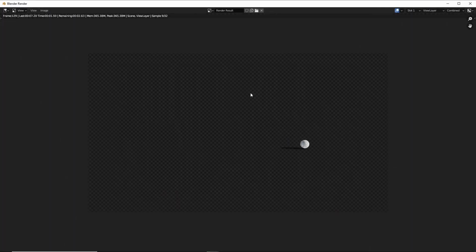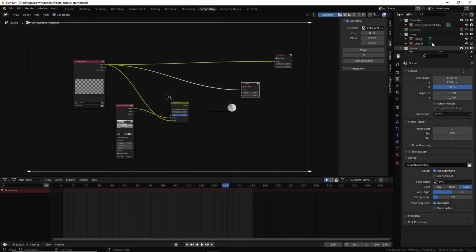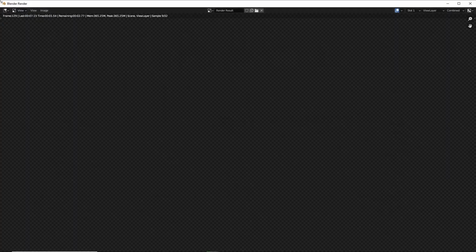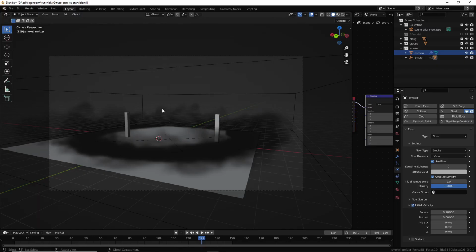So render again. Oh yeah, let's disable the emitter. I don't want it to be rendered, so disable here as well. For disable it here for rendering. Now if we press render again, and we can't see anything. We can't see the smoke because we don't have any material